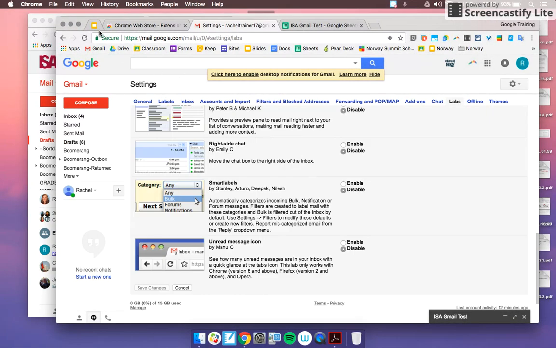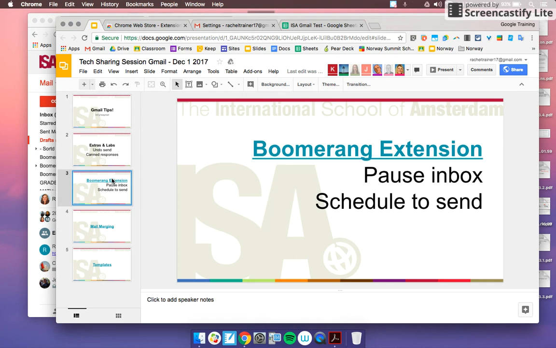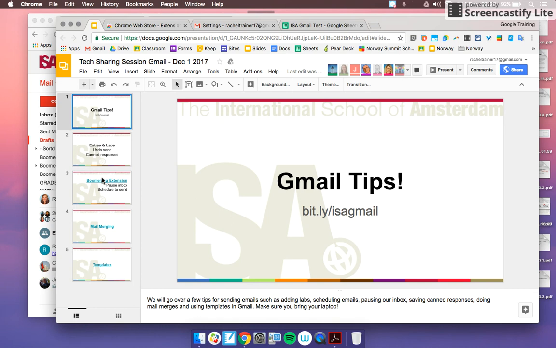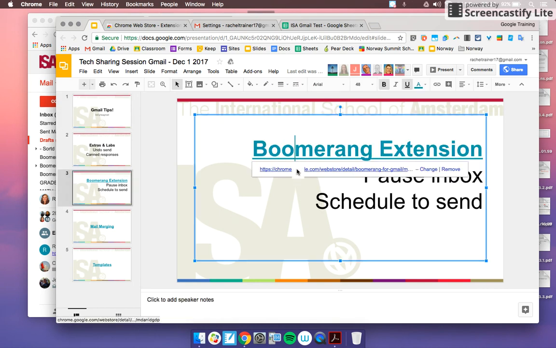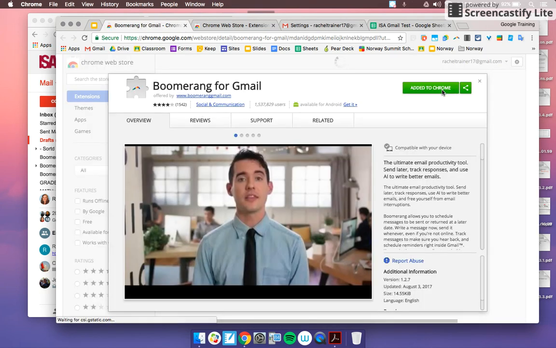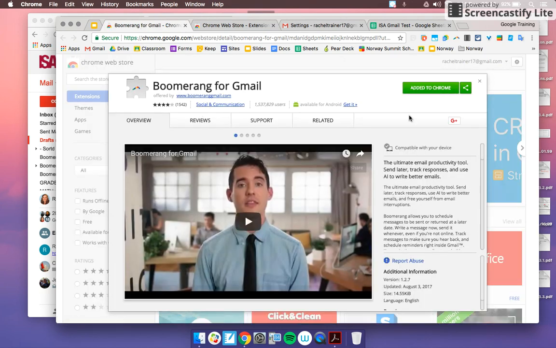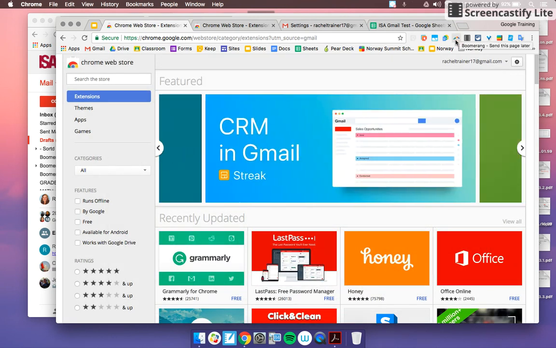Okay, so the second thing we're going to look at is the Boomerang extension. If you go to my slides, make sure you type in bit.ly/isagmail, and if you go to these slides and click the Boomerang extension, go ahead and add this to your Chrome. This should be blue for you, and you'll have to add it to your Chrome, and allow a few things, and afterwards it should pop up right here in the top right-hand corner. So once you see that pop up,